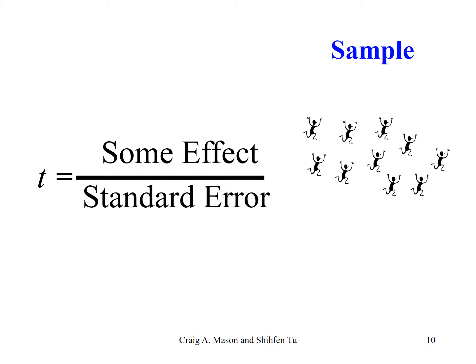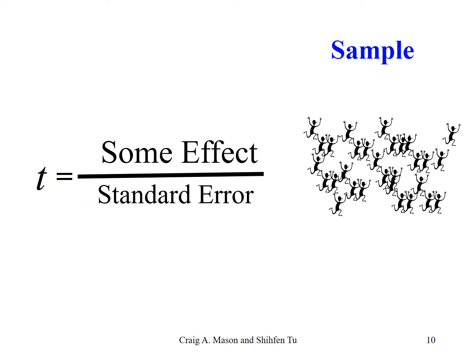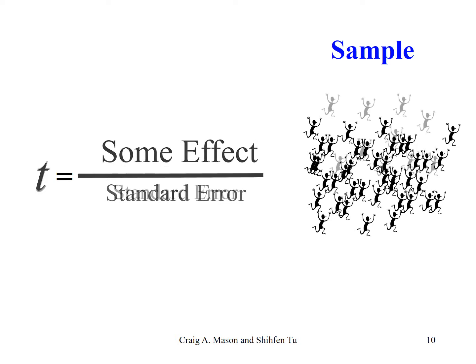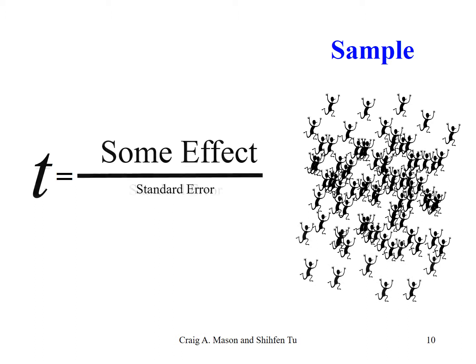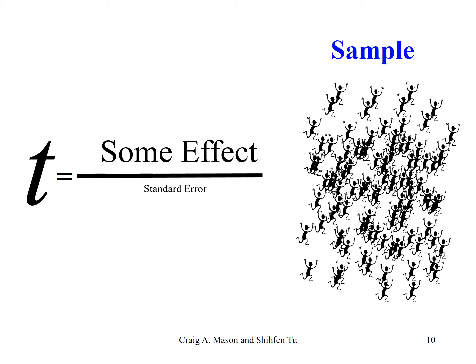On average, the difference in the population means that we're sampling doesn't change. What's changing is the standard error gets smaller. As our sample sizes increase, the standard error gets smaller and smaller, and t gets bigger and bigger. But the actual effect stays the same. It just looks larger statistically because we're evaluating it using a smaller and smaller yardstick that makes it look bigger